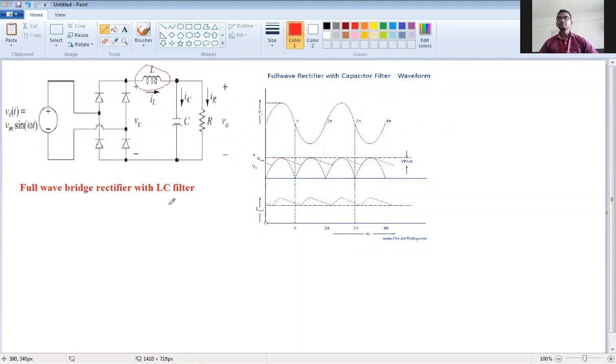So this LC filter is there which is filtering out the current, and this pulsating DC, then at the output of filter you are getting voltage or current like this. As you can see, input is sinusoidal wave, it is converted to pulsating DC, and then it is converted to almost pure DC. जर इंडक्टर आणि कॅपॅसिटरची व्हॅल्यू तुम्ही लार्ज चूज केली तर ऑब्वियसली output will be constant like this. So it is very simple.